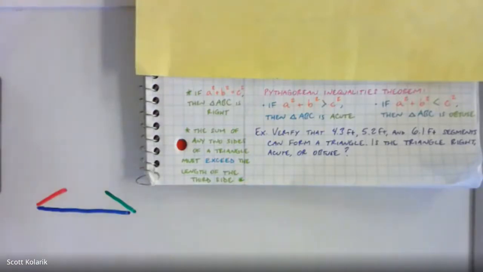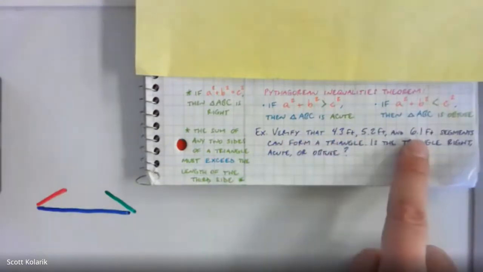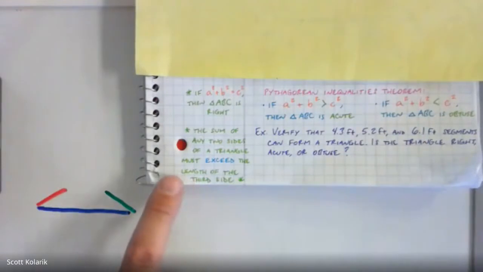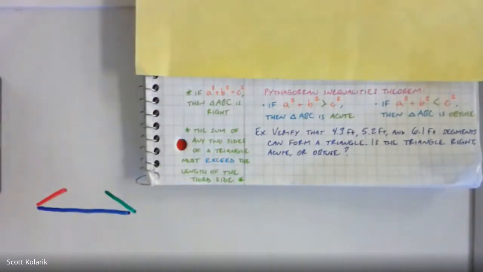That's what it's talking about here. Okay, so when it says to verify that these can actually form a triangle, how do I do that? I have a little note about it here. This is something that was probably glossed over in a previous geometry unit, but it's worth mentioning right here, just at a fundamental level. In order for a triangle to exist with 3 locked in segment lengths,